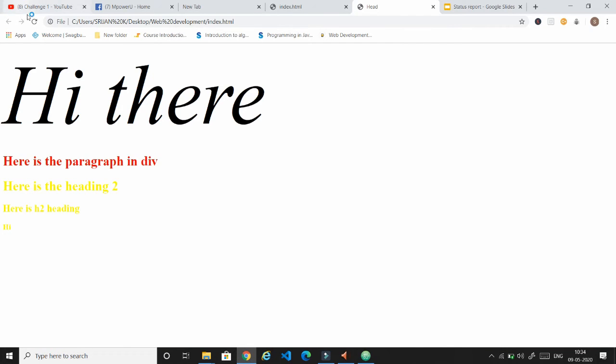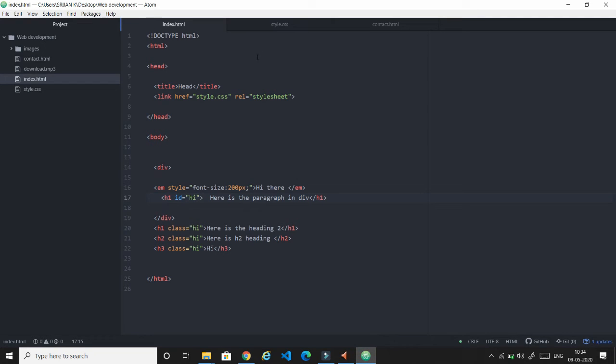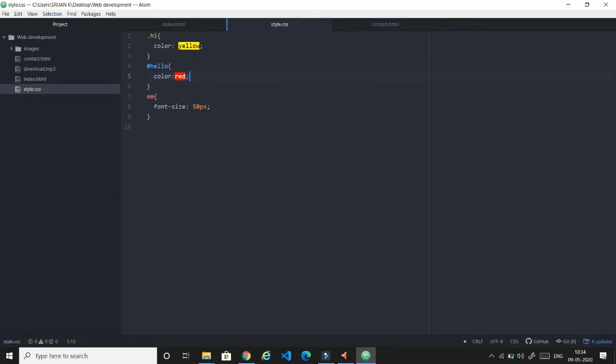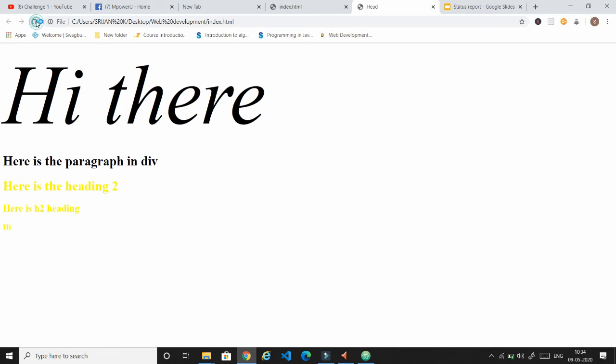I refresh the page, and you can see it's not showing anything. The main reason is that I haven't changed hello into hi here. Now I refresh my web page, and you can see I'm getting red in the h1 tag.